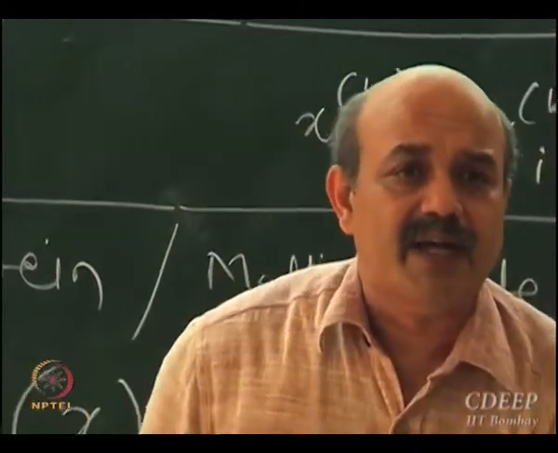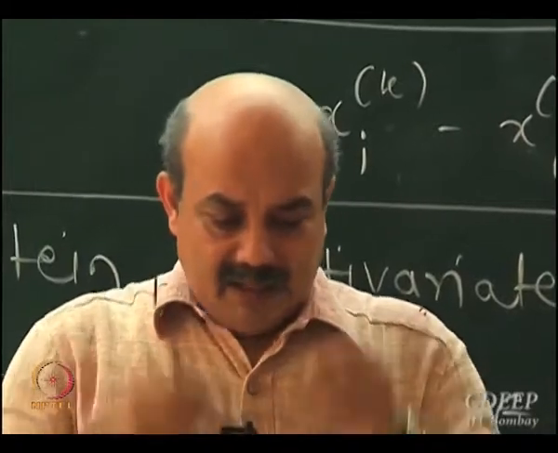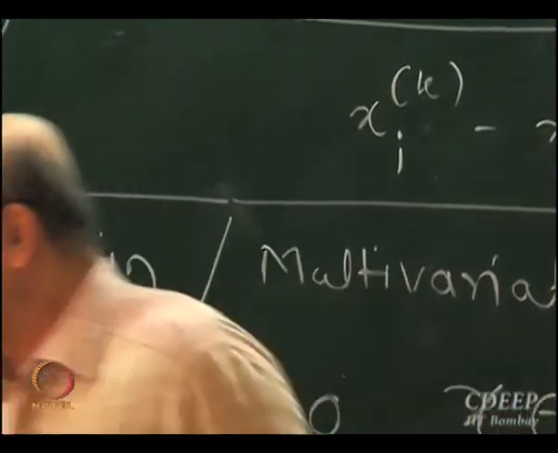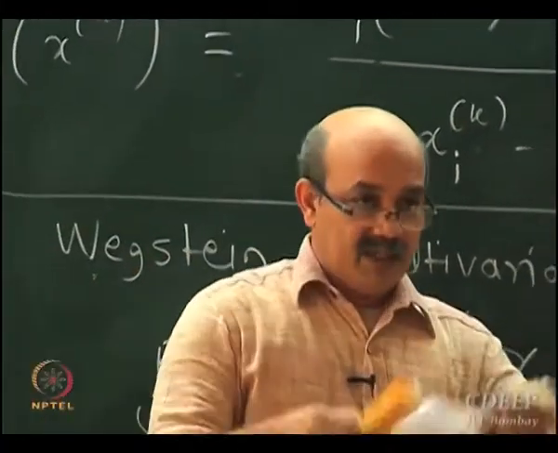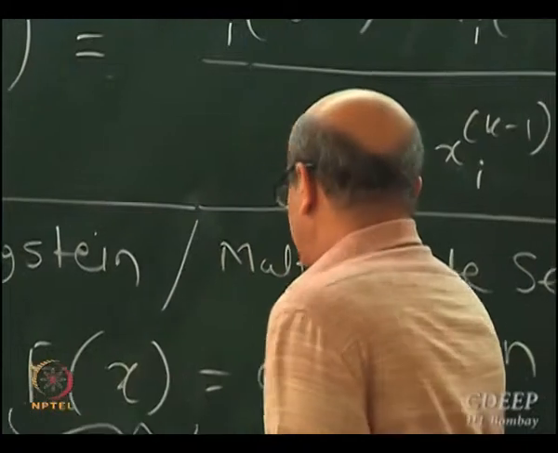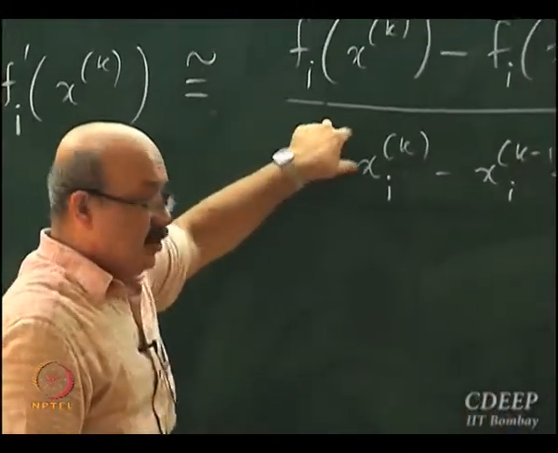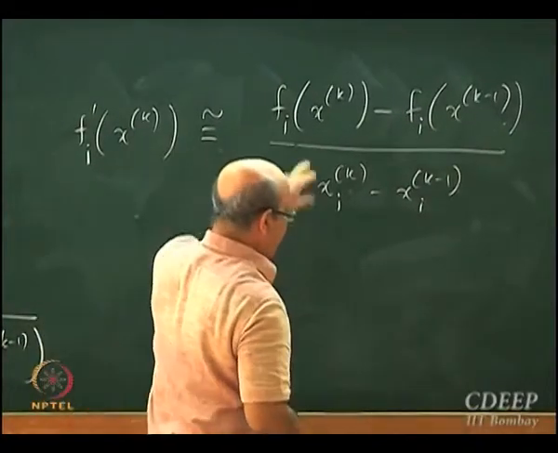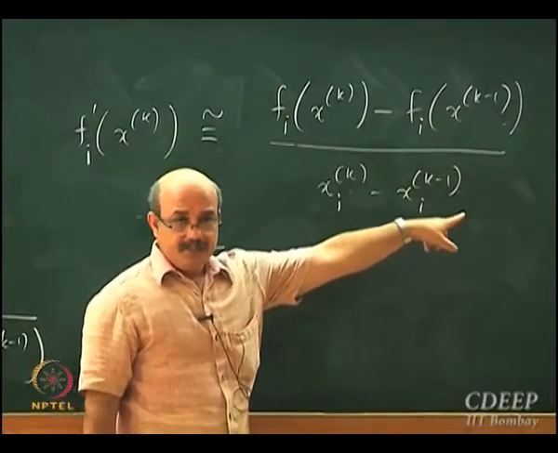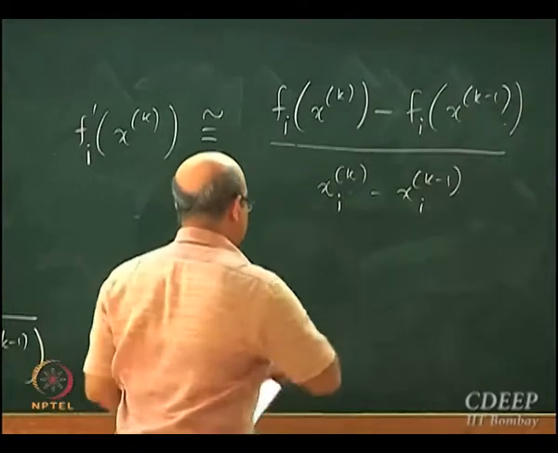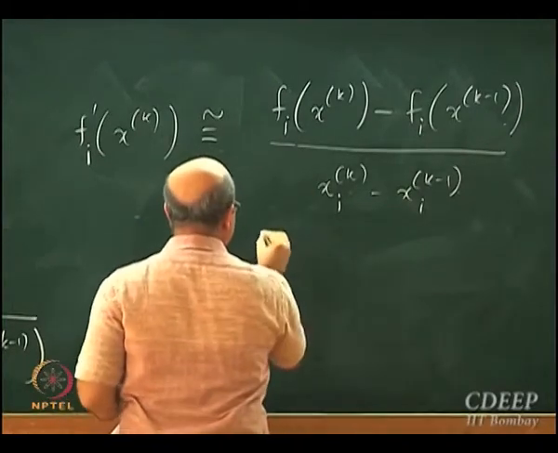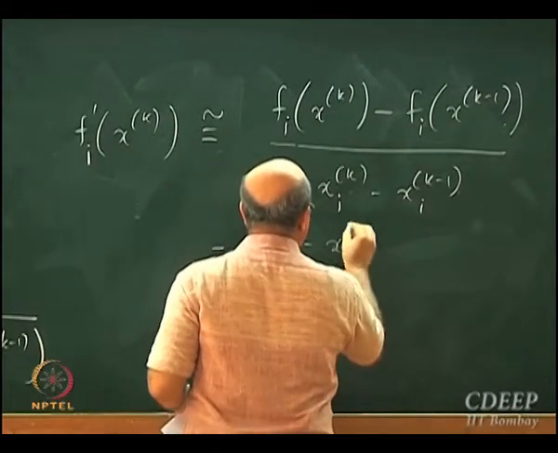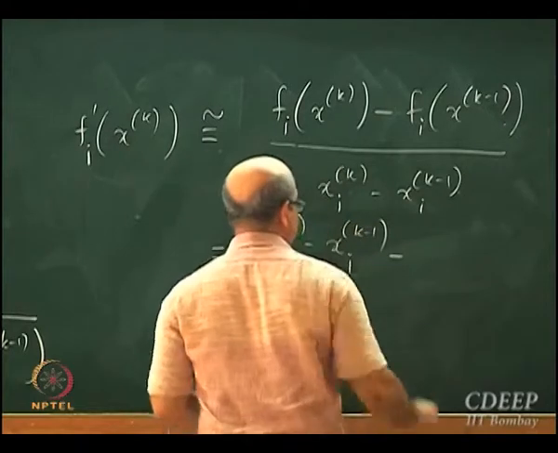Now, this is not the way it is normally reported or implemented. Okay, a slight variation is done, not in terms of the formula, but in terms of the way it is implemented. Now, this derivative is same as, now Fi is xi minus gi, right? I am going to substitute that here. So if I substitute that here, it will be xi k minus xi k minus 1 minus